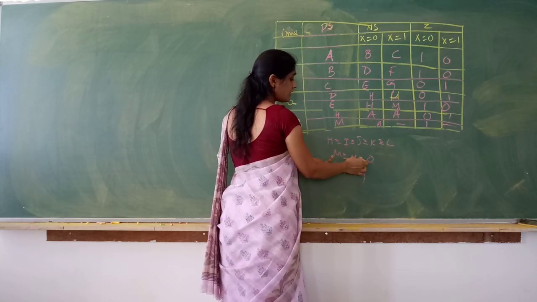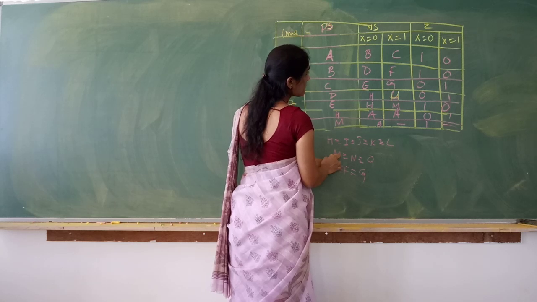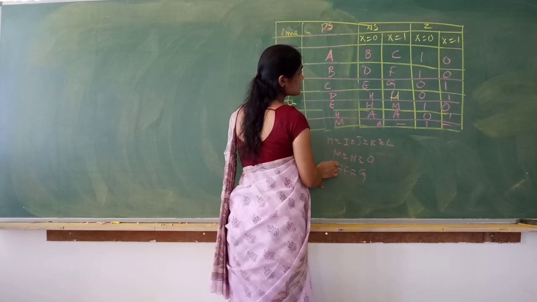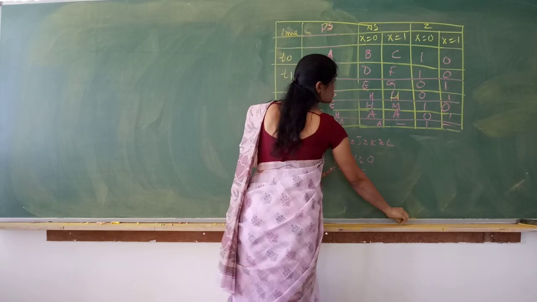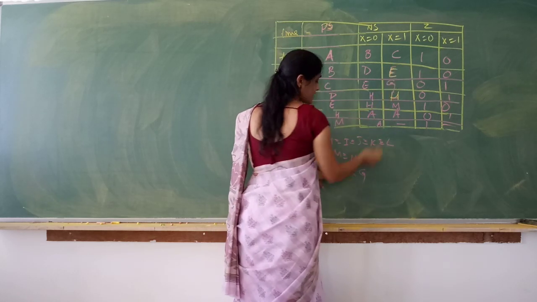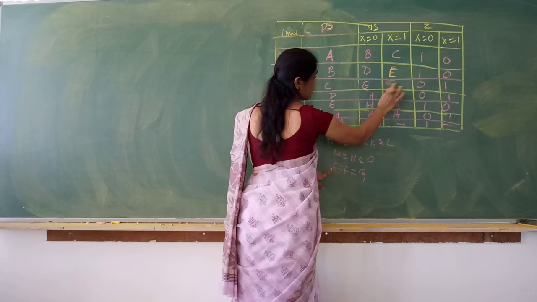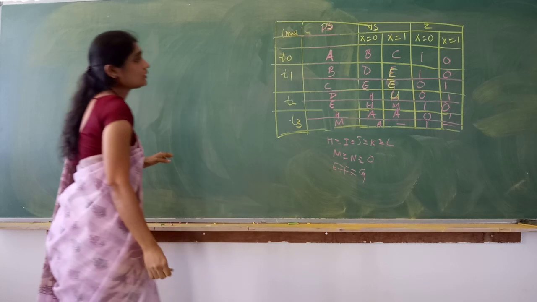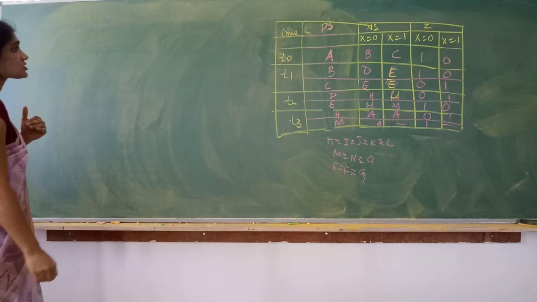Now wherever we have N and O, we'll replace it with M. Wherever we have F, G, we will replace it with E. So here we have F, so I'll replace it with E because they are same, right? G I have here, so I'll replace it with E. Okay. So now we'll proceed to the next, that is state assignment.